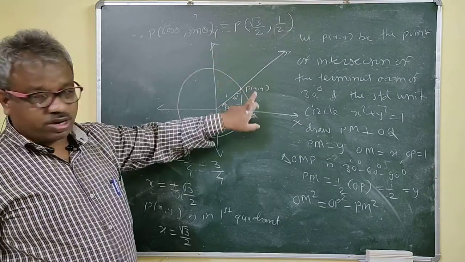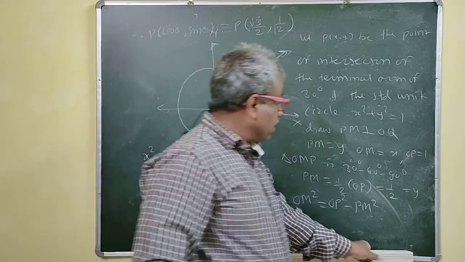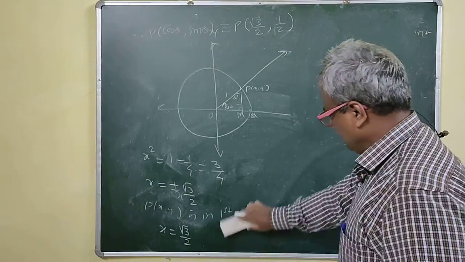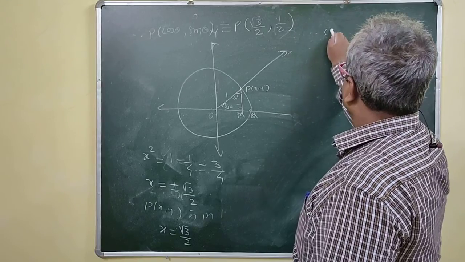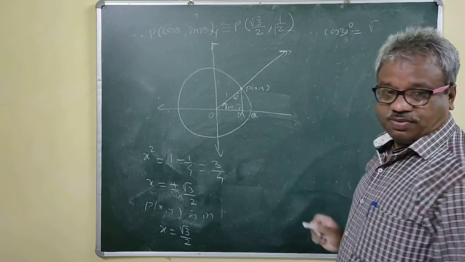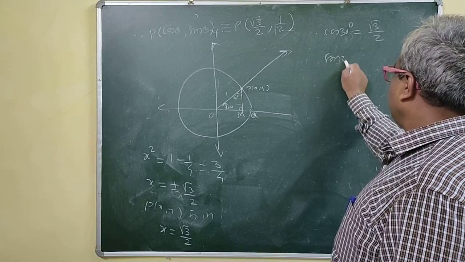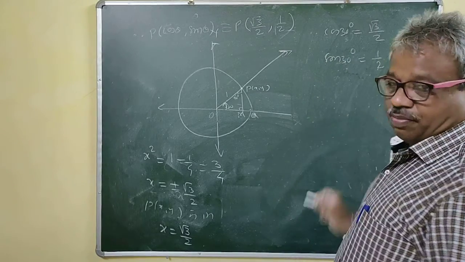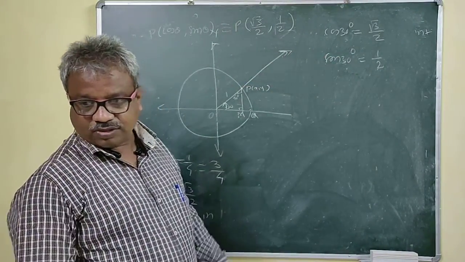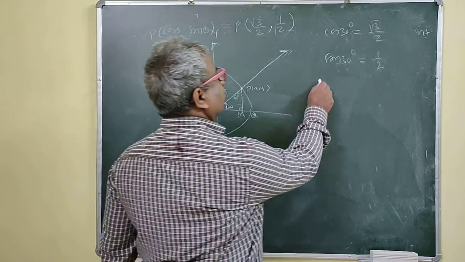Right? So now your x coordinate will be the value of cosine and your y value is nothing but the value of the sine. Right? So that means what here? Therefore, we don't want this, so we erase this. So therefore, cos theta is equal to root 3 by 2. That means we will write directly here cos 30 degrees, because theta is known to you now, is root 3 by 2. Right? So sin 30 degrees is equal to 1/2. Right? So we get these two, and all the rest four depend on sin and cos only. And we have the value of sin and cos. Right? So we find the value of tan.